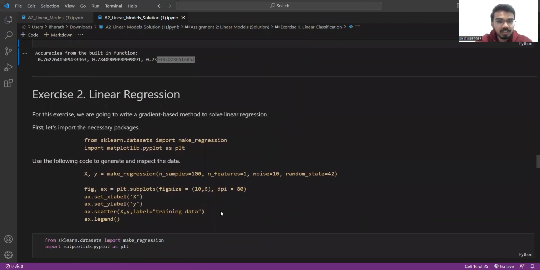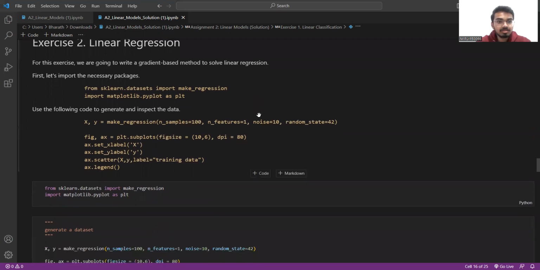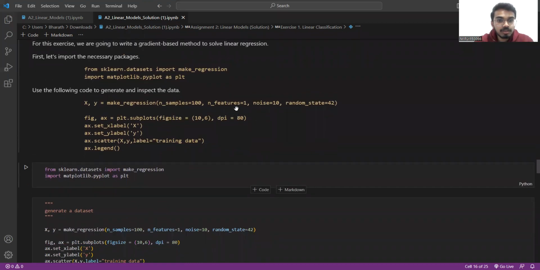After that, here we are taking a gradient based method. So first of all, we're gonna import the datasets from the sklearn and make a regression. We're gonna import the regression from the library and import the matplotlib library as a plotting session. So the code we are taking, from the whole 442